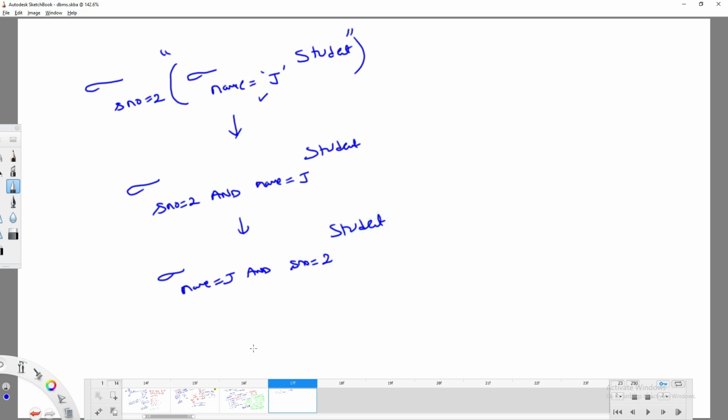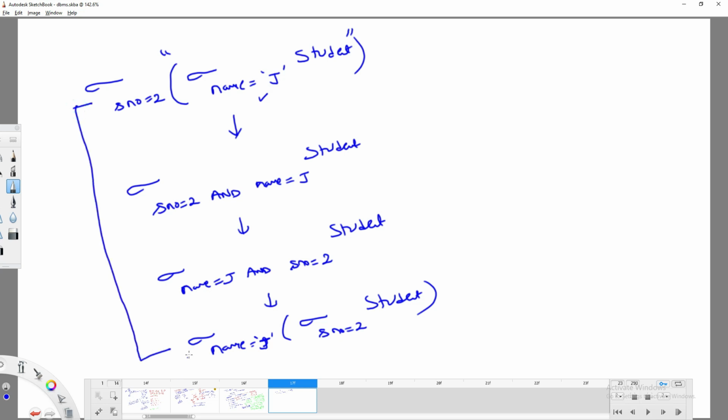Can I write the same thing as sigma name equal to j, sigma serial number equal to 2 from the student table? Both are the same or not? Meaning that these two are completely equivalent, right? What is this property?